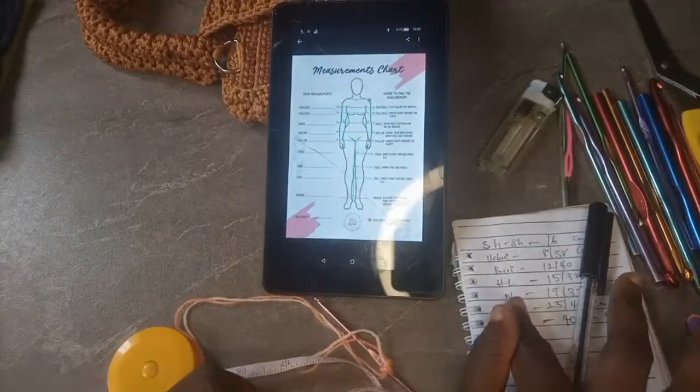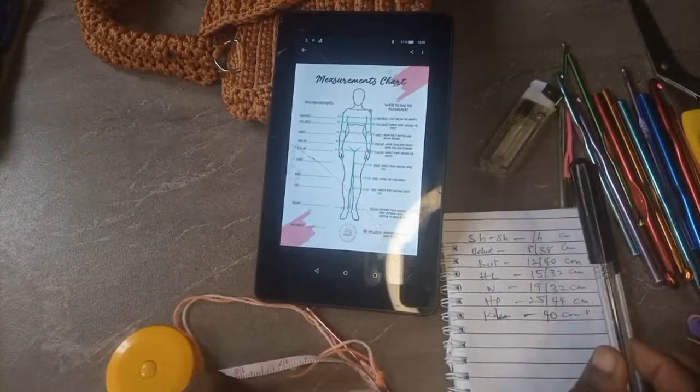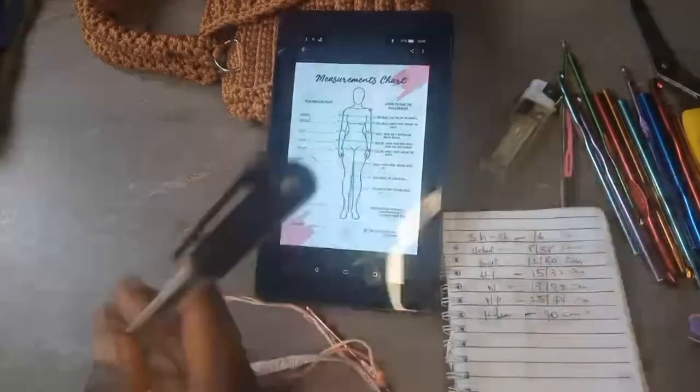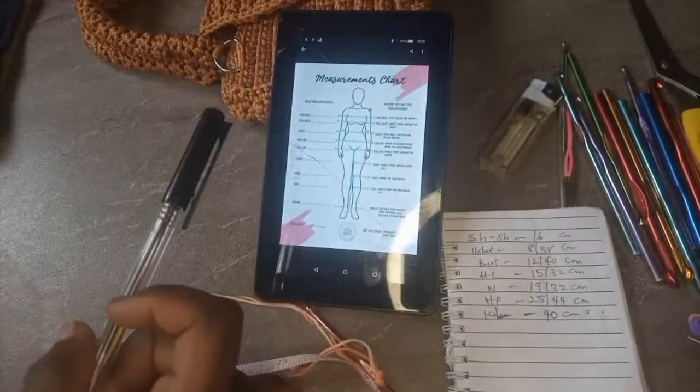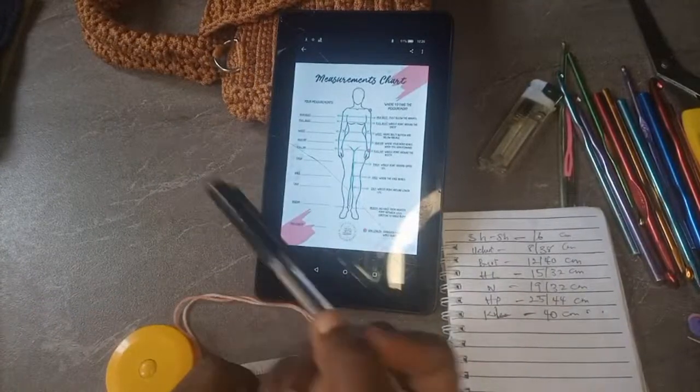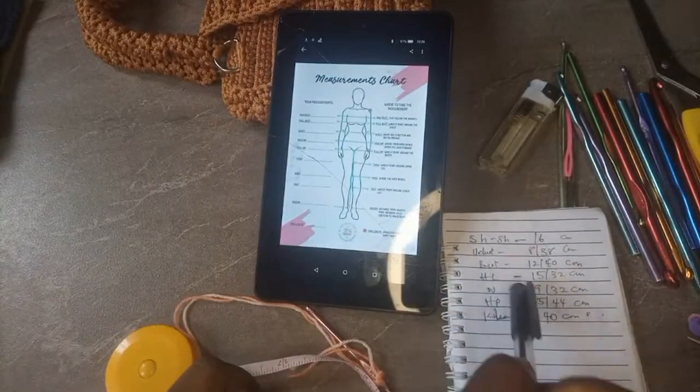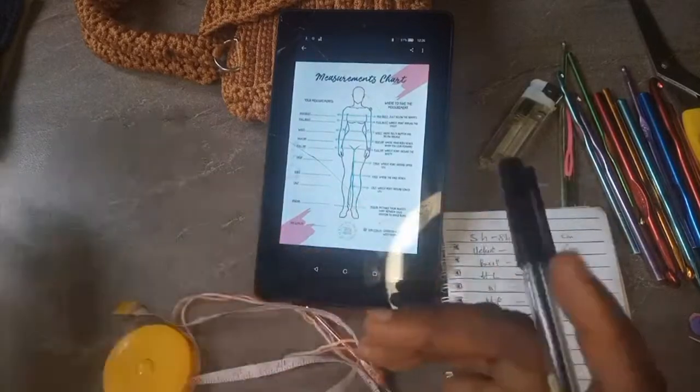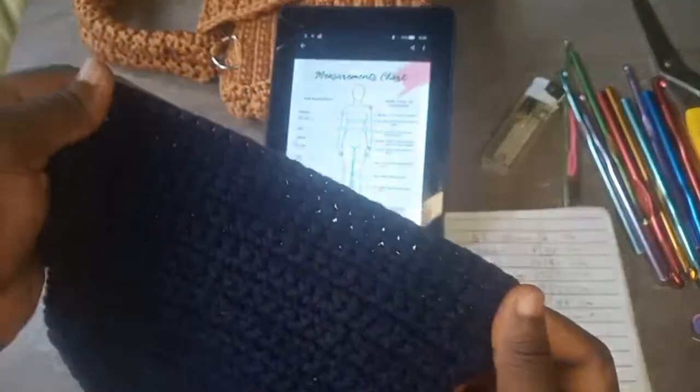The measurement we wrote is actually for a normal dress. This is what you have for your normal measurements, but as we know, crochets are usually very, very stretchy.